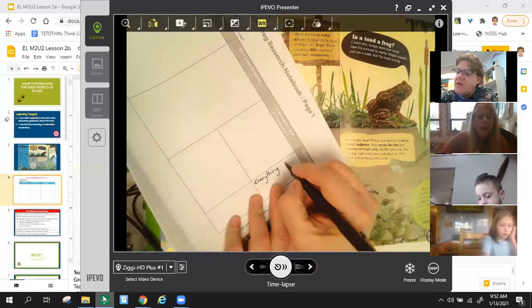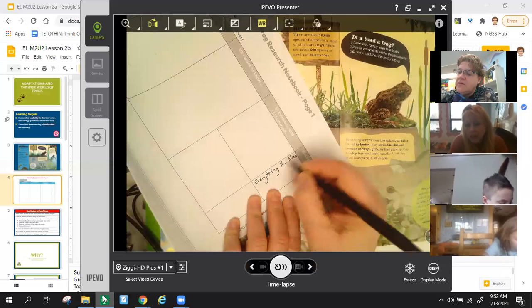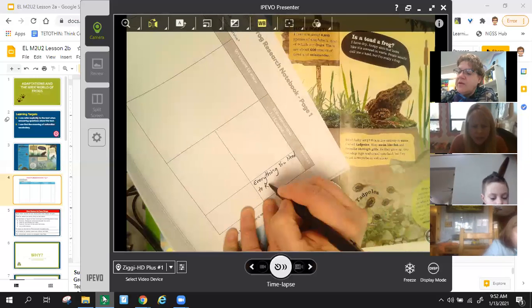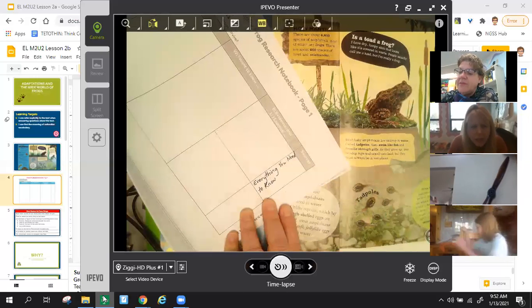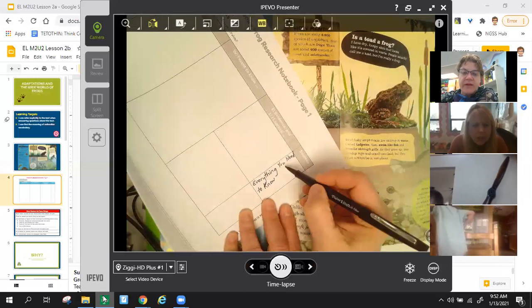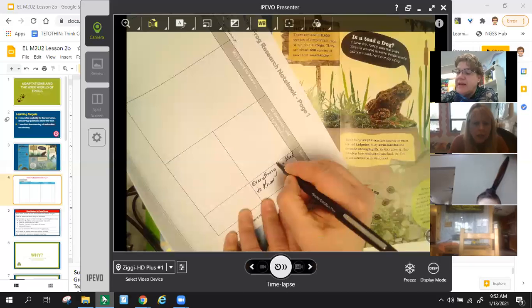Everything you need to know. So what do we notice about the first letter in most of these words? What do we notice? You should notice that they are capitals, right? So when we have a title of a book,